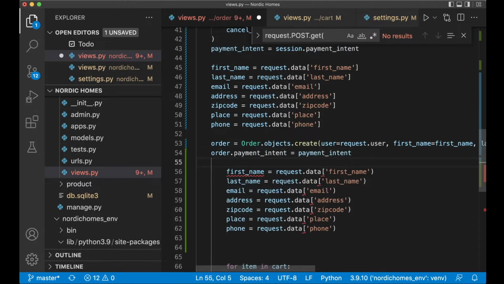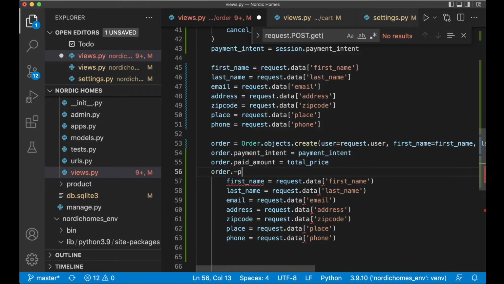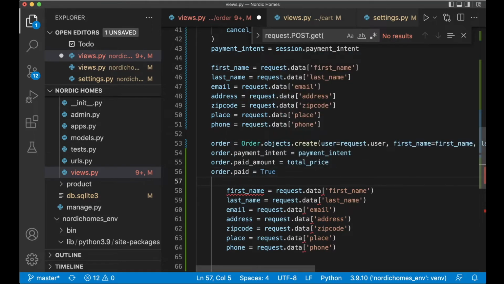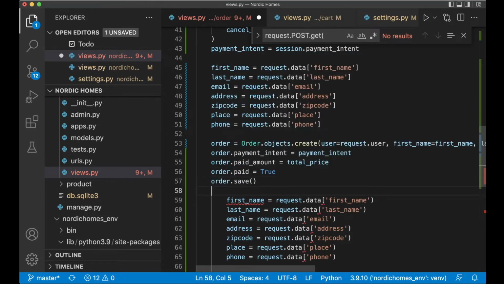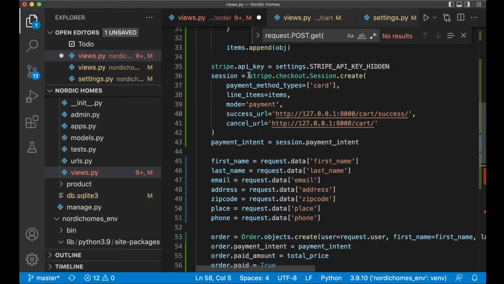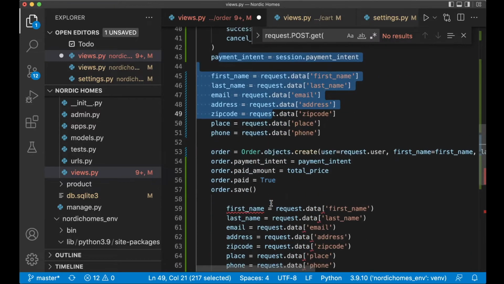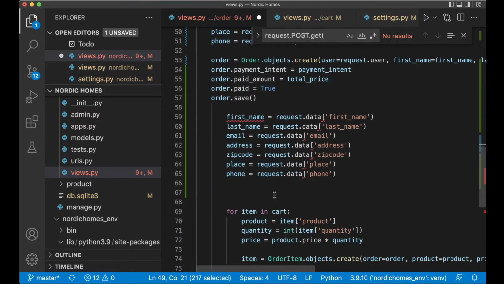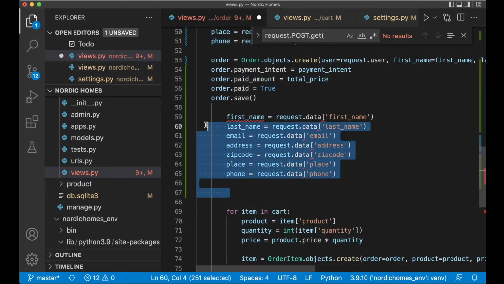This variable, and order.paid_amount equals total_price. Order.paid equals true. Then just order.save. Because what happens now is that if this fails, it will get an error and this will not be executed. So then I can remove this,